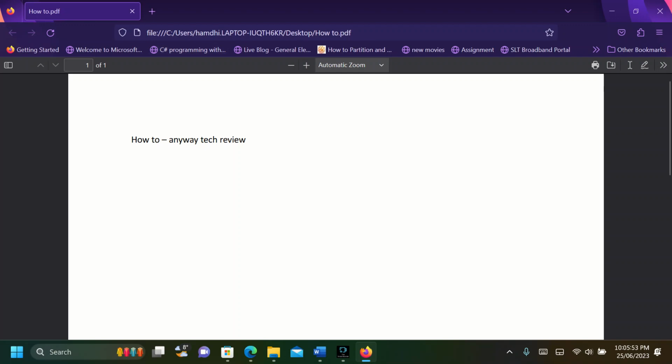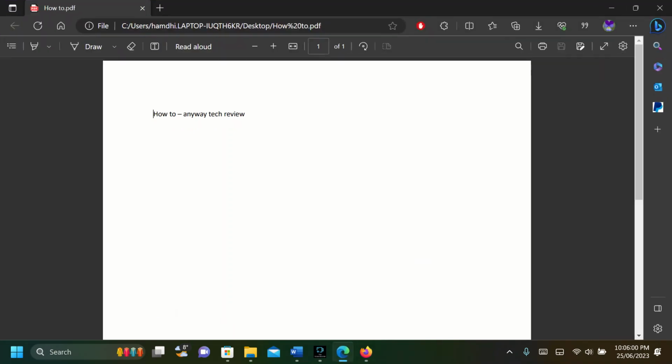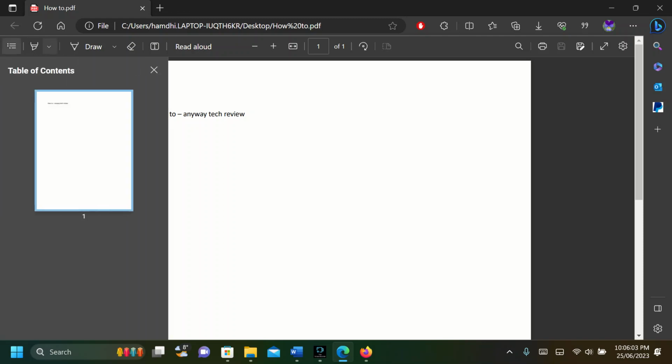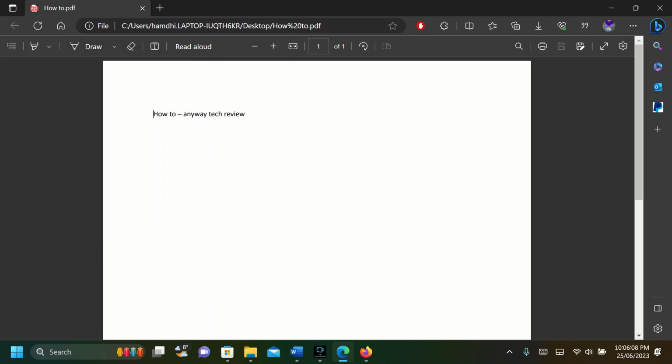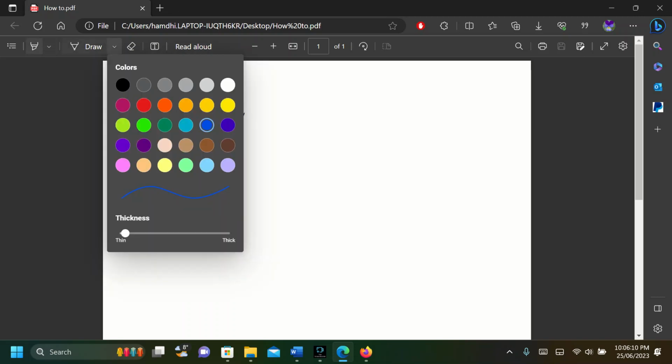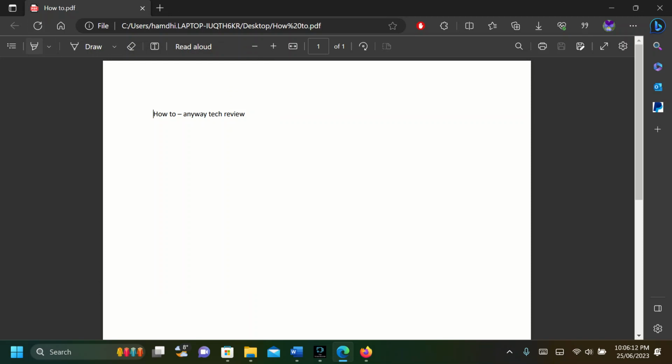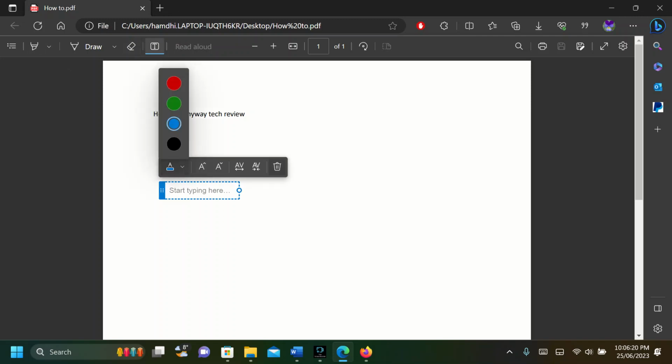Alright, coming back to the topic. So Microsoft Edge versus Mozilla Firefox. This is the PDF in Microsoft Edge. You can see here it has a reader mode and it has a wide marker. You can draw. You can also highlight, this highlight feature. I can draw here, and then you can write in text, and you can also choose the color of white,